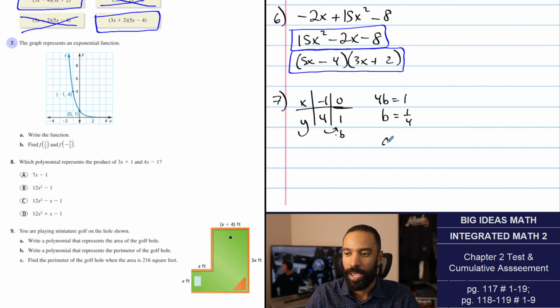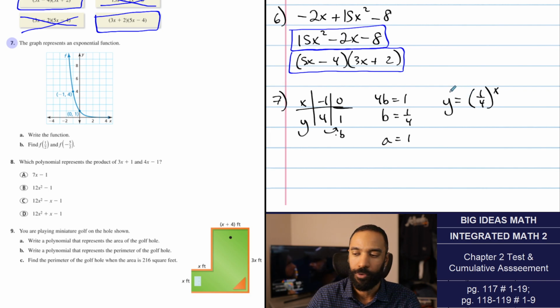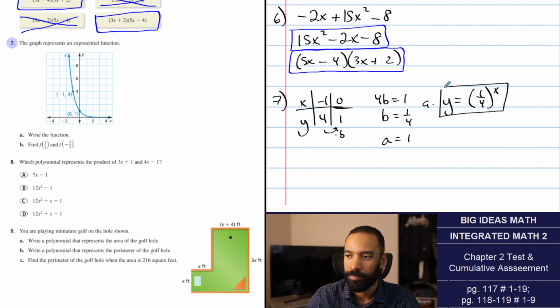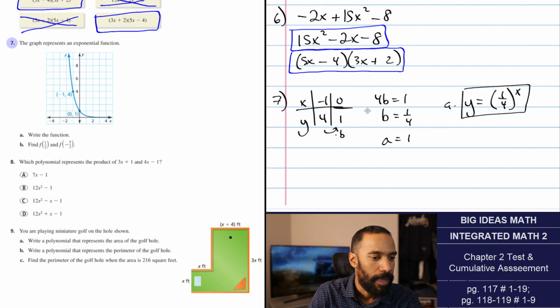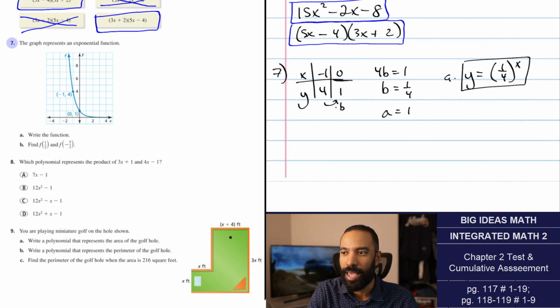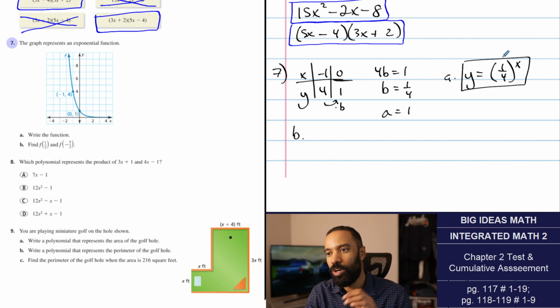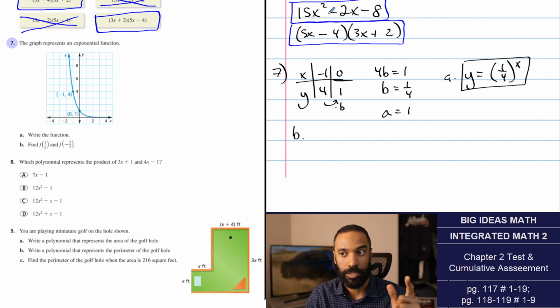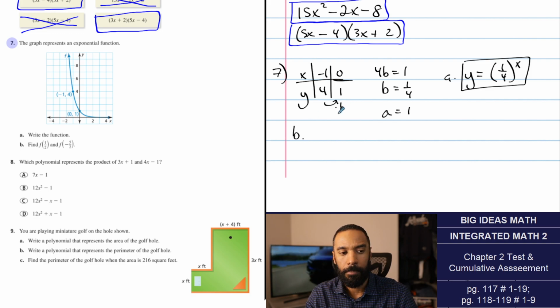The a value is the y-intercept. The a value is 1. So in y equals a times b to the x form, this is y equals 1 times 1/4 to the x power. That is part A. A little messy, sorry. Part B, find f of 1/2 and f of negative 5/2. Okay, the first question would have been out of section 2.6. This would have been out of section 1.6. This part B looks a little bit more like it would have been out of section